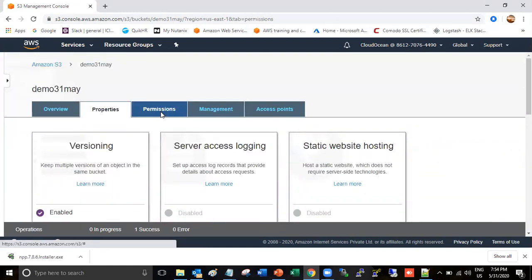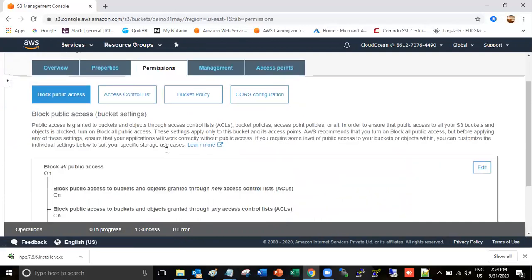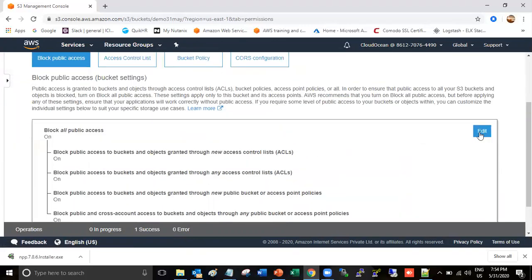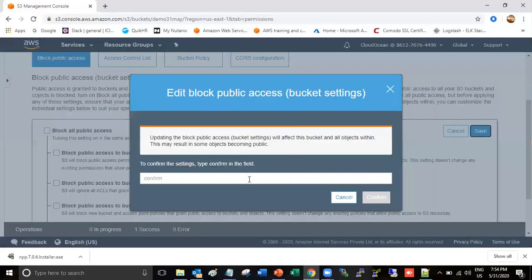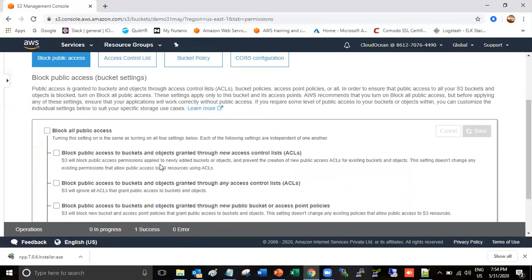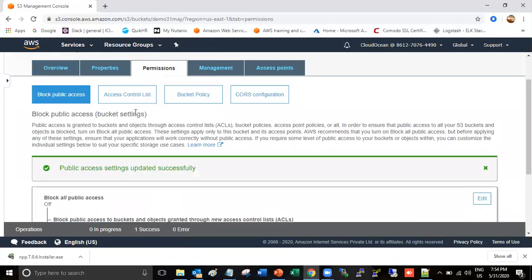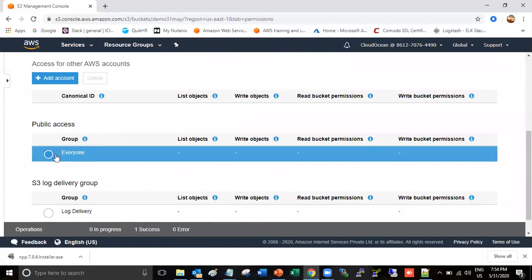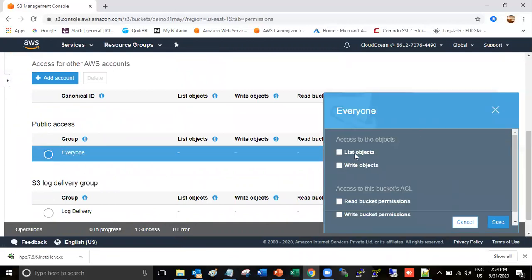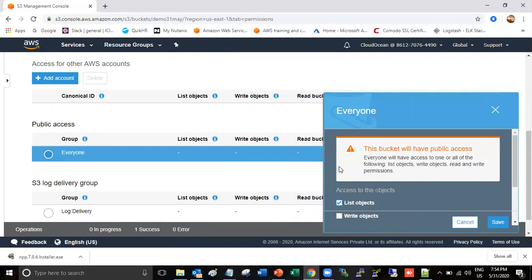Next, in the permission tab, if you want to allow public access, then untick, save, and just type confirm. And in the access control list, just give everyone and select the access list.